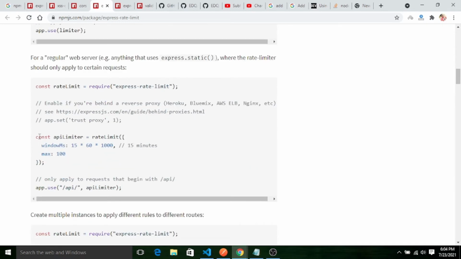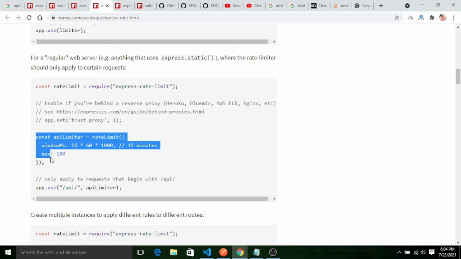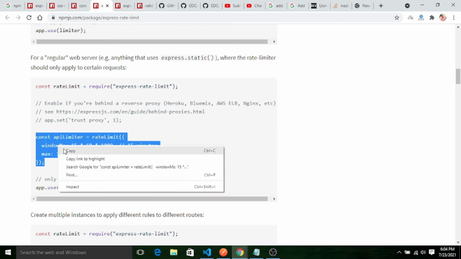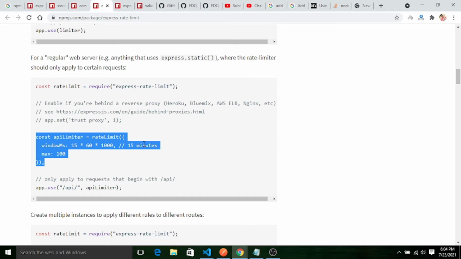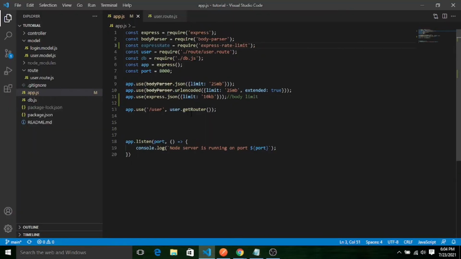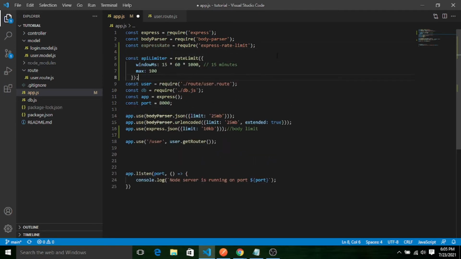Let's say like this. So here within 15 minutes a maximum of 100 requests are acceptable from one single user.